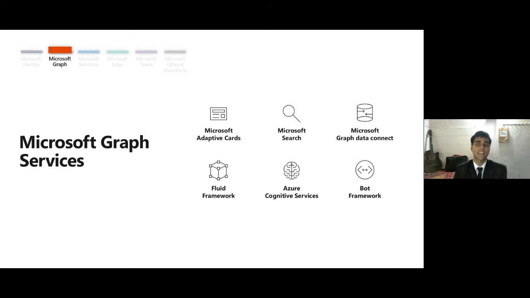Again, Fluid Framework. There are many frameworks that come into picture here. Fluid Framework is one amongst those, and that can be showcased when we focus more on the Fluid Framework part. Azure Cognitive Services. Now, Azure Cognitive Services comprise some part of machine learning, also artificial intelligence and data science. And these all three come together and give us various tools which can be used for predictions. For example, stock market predictions using ARIMA models. These can be utilized in some manner or the other.